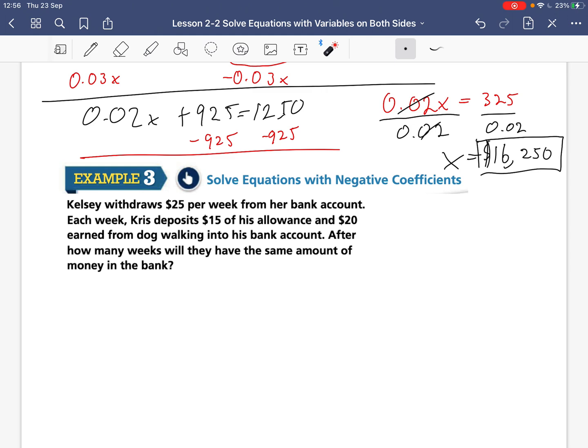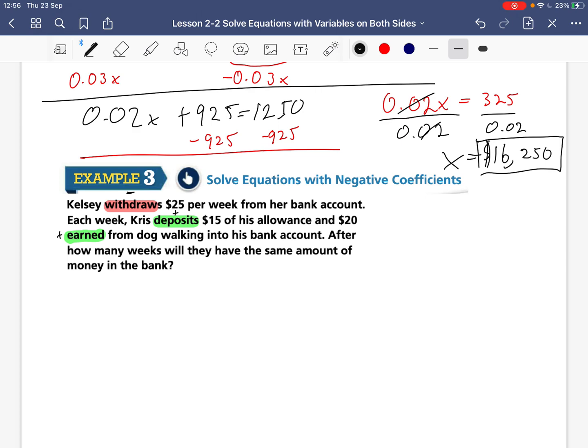So we know that the word withdraw, I'm trying to highlight this with red, means that it will be minus, and deposit will be plus, and earned is also plus, okay? So Kelsey is withdrawing $25 per week from her bank account. Do we know how much is in her bank account? Does it tell us? I did not give us that information. I realized that information was missing. The amount of money in their bank account